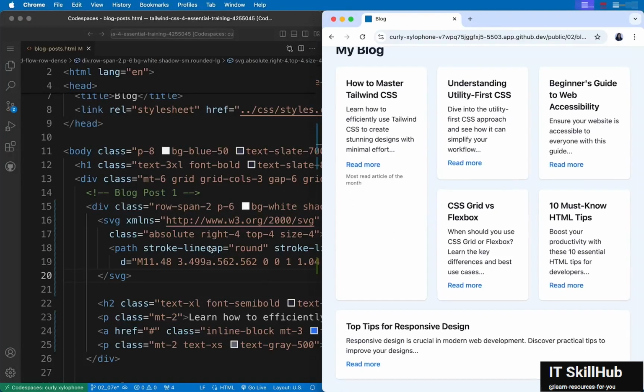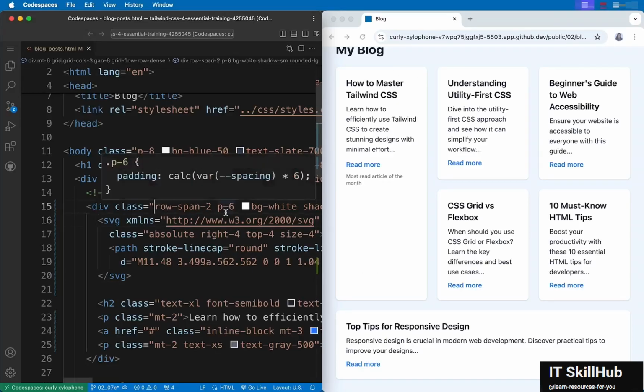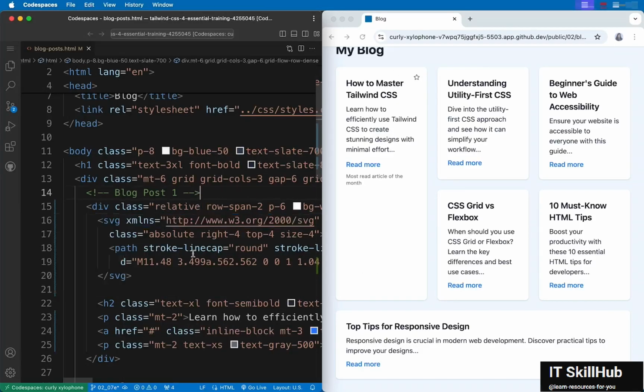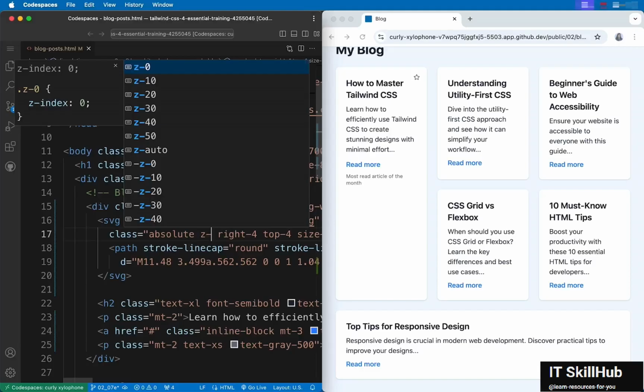But yeah, it will not appear perfectly because now, since we want it to be positioned within this div, we need to add a relative class to the parent. That's how absolute position elements work. They are positioned within the closest relatively positioned parent. So now you see it appears exactly where we want. So relative is a value for position, absolute is also a value for the position property, and we already saw what fixed does. You can also use z utility classes with any number, which sets the z-index, where you can put some elements on top of each other.